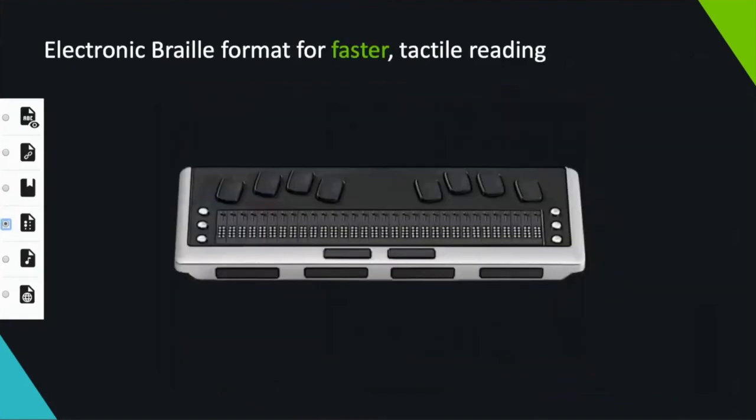We generate an electronic braille format. So everybody familiar with this device? I didn't know what this device was before I started working on Ally. So that's called a refreshable braille display. So Ally will generate what's called a BRF file. You can Bluetooth that from your device to this device here. And these cells are braille cells. So the braille pops up, you feel the braille, and then you reset to the next line. And so line by line. It's a really cool piece of technology. When you see somebody at a conference using one and they're just reading a mile a minute on this braille display, it's really cool. And I'll talk about a student I met who uses it.